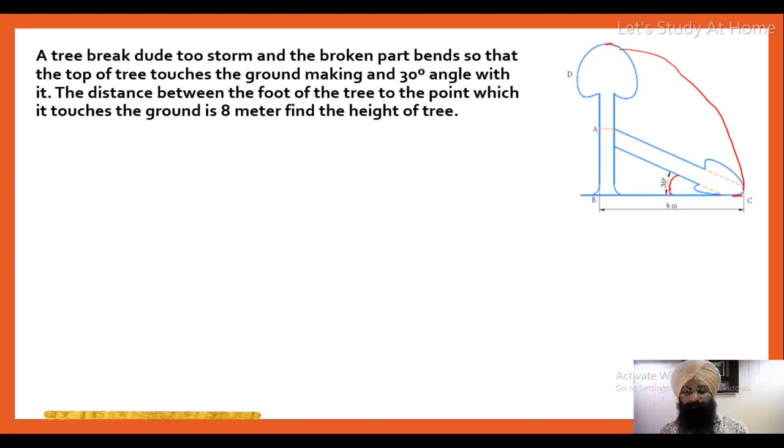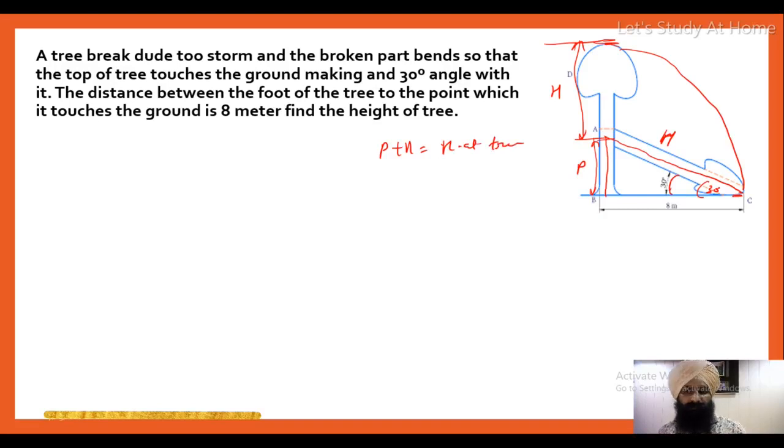and makes an angle of 30 degree with the ground. Now this is our triangle. The situation we have converted into a triangle, the angle is 30 degree, and now we want to find the perpendicular and hypotenuse. When we add both perpendicular and hypotenuse, it will be the total height of the tree, but the perpendicular is only up to this. This is the perpendicular, and the remaining part is the hypotenuse. If we add P plus H, that is equal to the height of the tree.